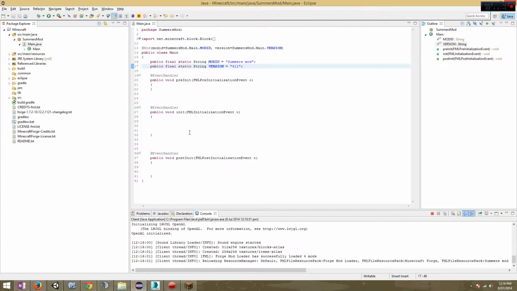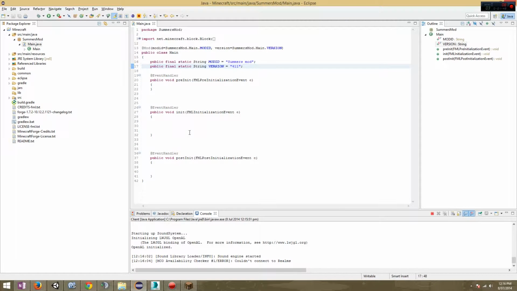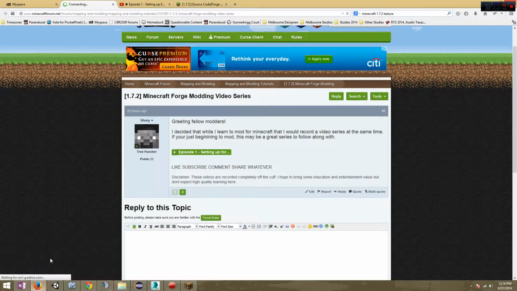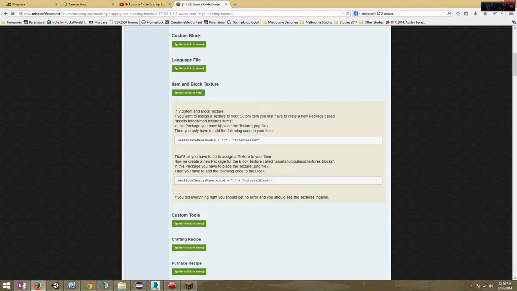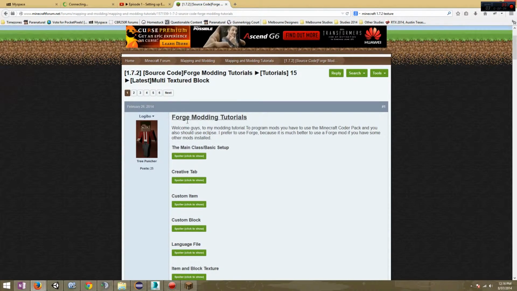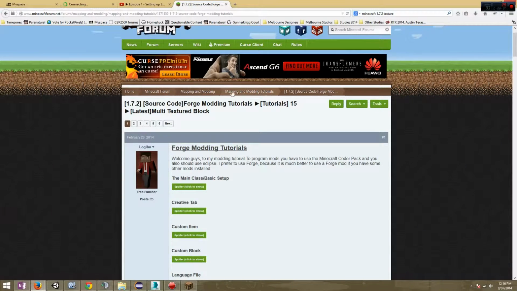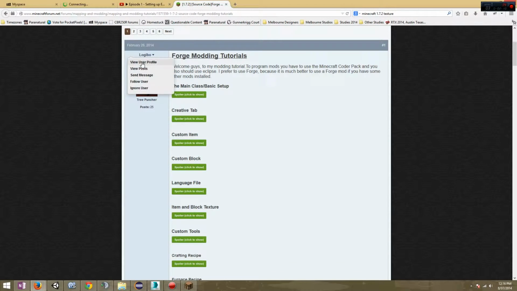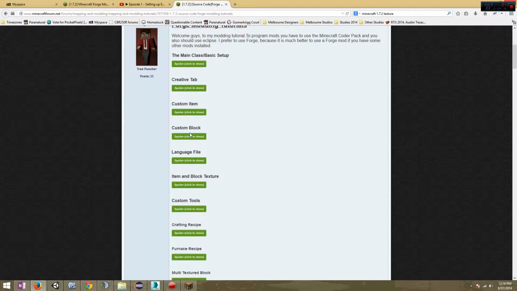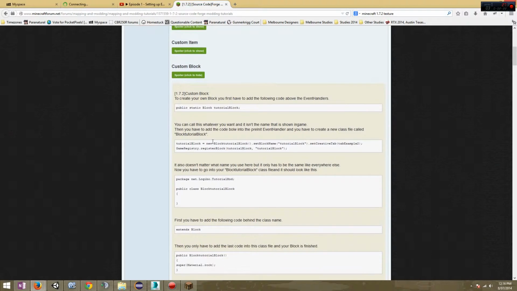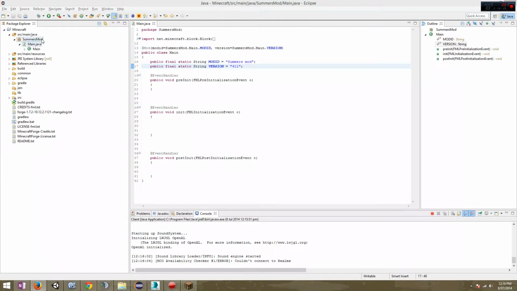So the aim of our learning intention is to add a new block in. I found a couple different learning resources, but this is the one that helped the most. It's nicely laid out. It's just in mapping and modding. It's near the top of it. Good work, Logibo. Yeah, good work. It made it so much easier to follow. It's obviously for 1.7.2 custom block. So the first thing we want to do is, I found a lot of